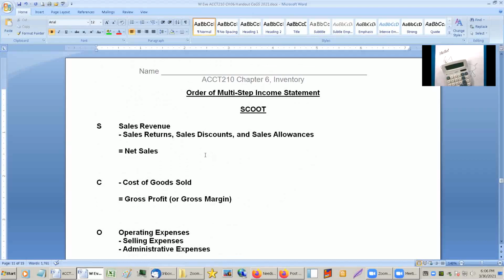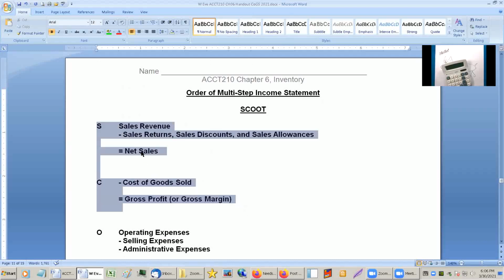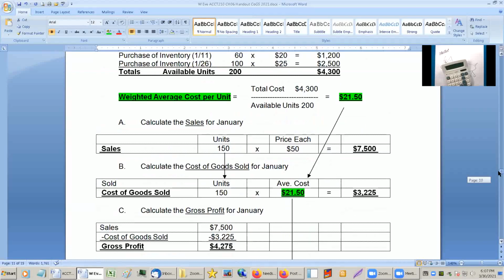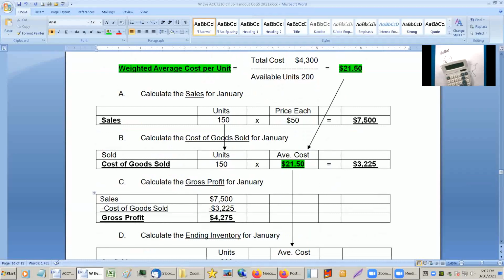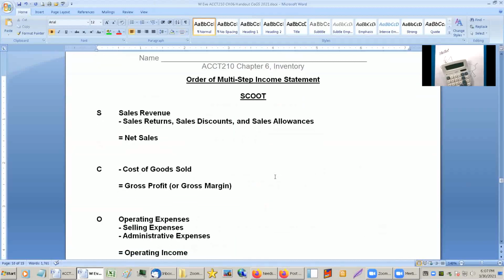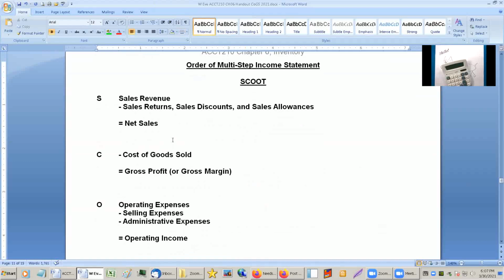And some of this you've already done. If you kind of look at this, sales minus cost of goods sold equals gross profit. That's really the same thing we did here. Sales minus cost of goods sold, gross profit. It's the same thing. This is going to be a little bit, a couple different things in there. So anyway, you start out with the sales, and that's our S. For the cost of goods sold,